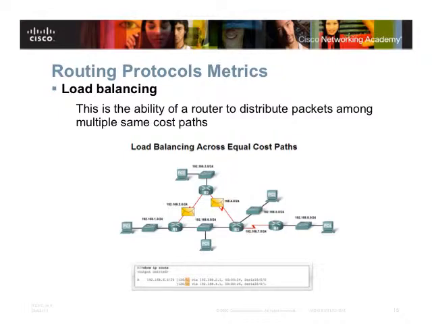Okay? And if they are different, not identical? If they are different, then you don't use load balancing. You select the best one. By default, you select the best one. One exception to this, some routing protocols may actually select the best two routes. So they don't have to be exactly similar, but if the difference between them is really small. For us here, the rule is that if the cost is exactly the same, then we use load balancing. Otherwise, we select the best path.